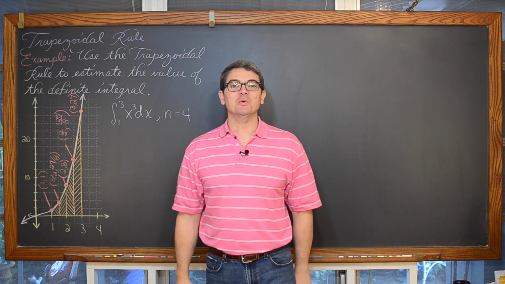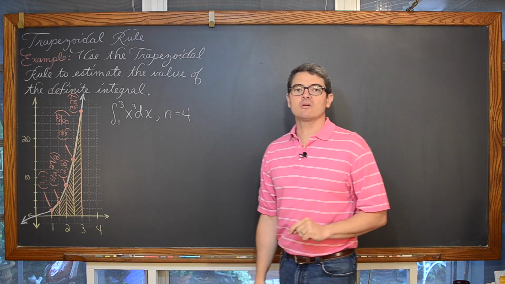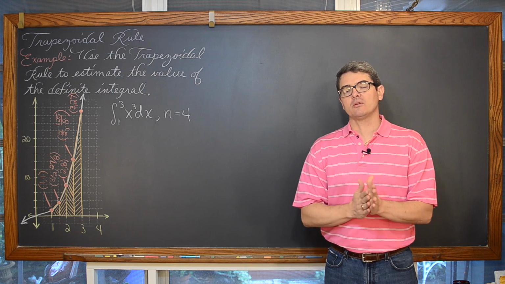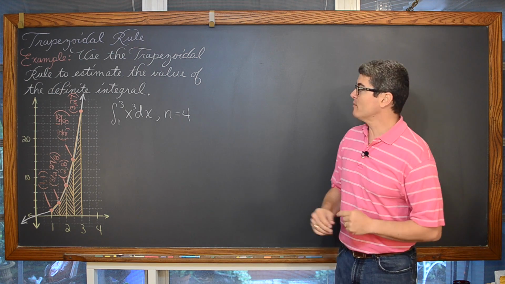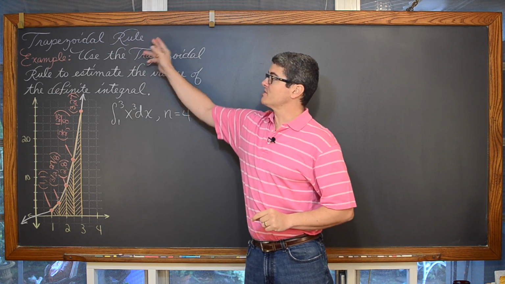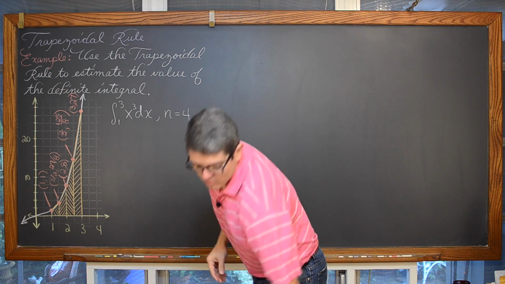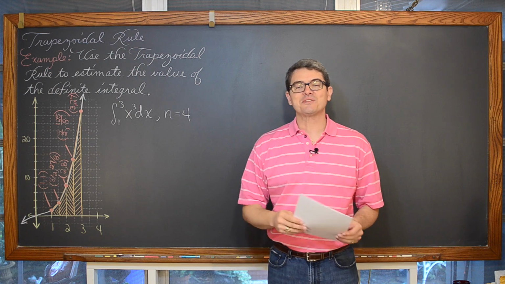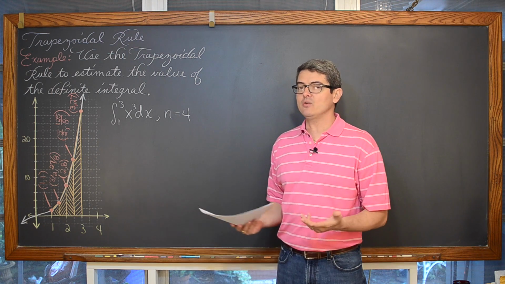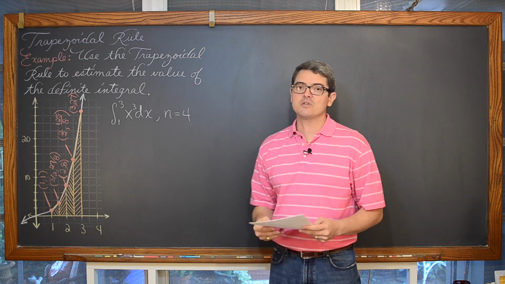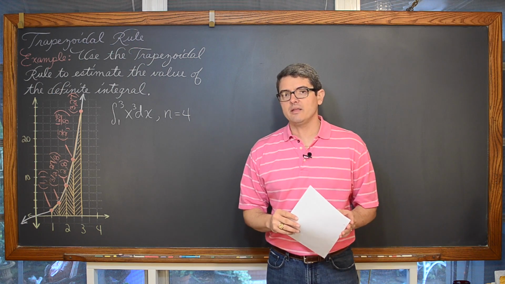Bam! Mr. Tarrou. In this math lesson, we are going to be taking a look at some numerical integration problems in the form of estimating definite integrals using the trapezoidal rule and Simpson's rule. And in our lesson, we're going to work out this example you already see on the board. And notice I haven't given you any notes yet. We're going to work out this problem just understanding how to find the area of a trapezoid.